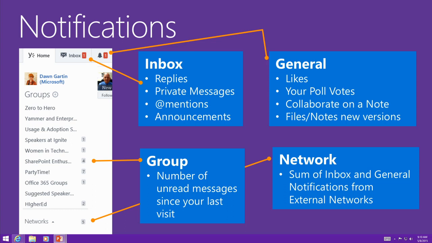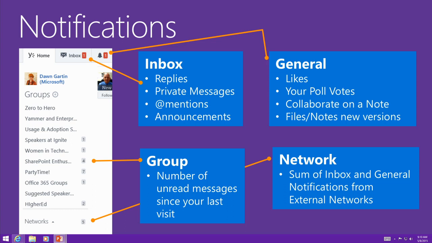But there are notifications throughout the system. So in your inbox, different places where you can go check if you've been @mentioned, you'll see notifications. The little bell, so if somebody has liked your post or they want to, if something has changed that you're following, you'll get a notification there. On the groups side, you can see if there's been additional posts made that you have not seen since you've been in that group. So it gives you a high-level view of there might be information there to go discover that you have not seen.